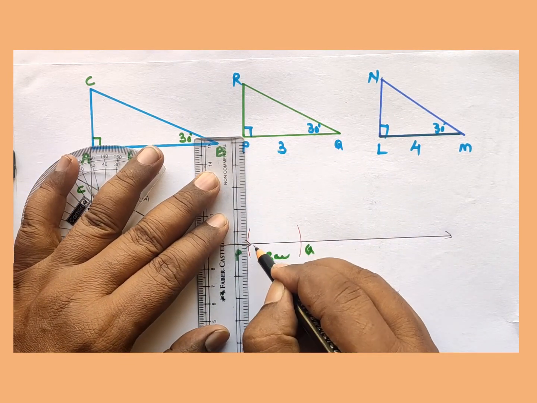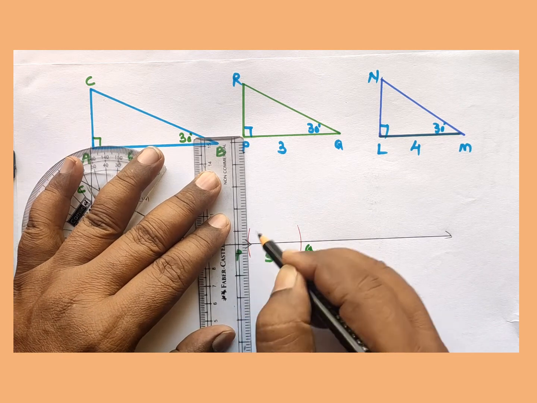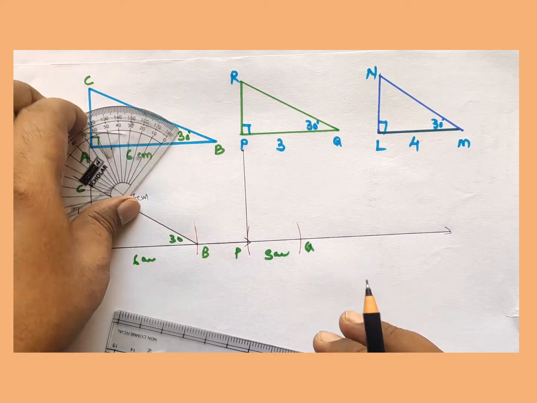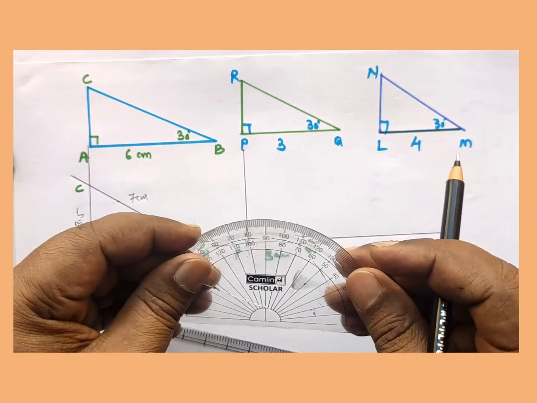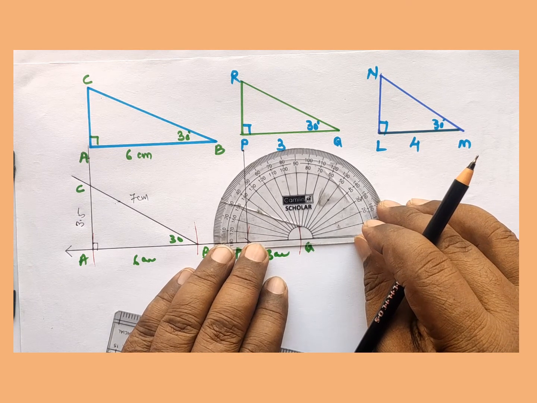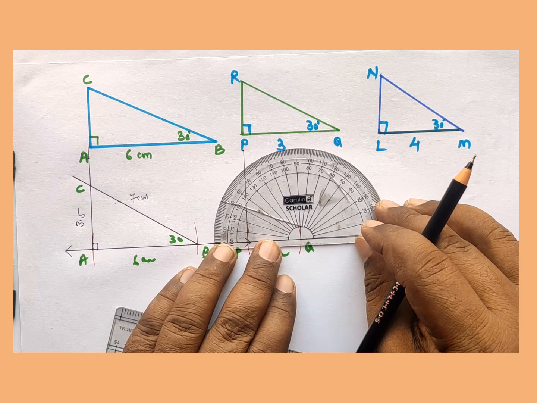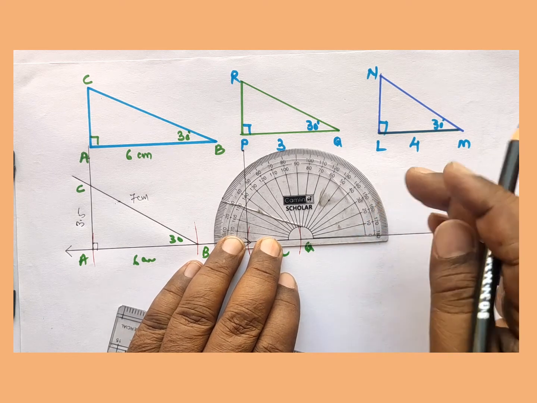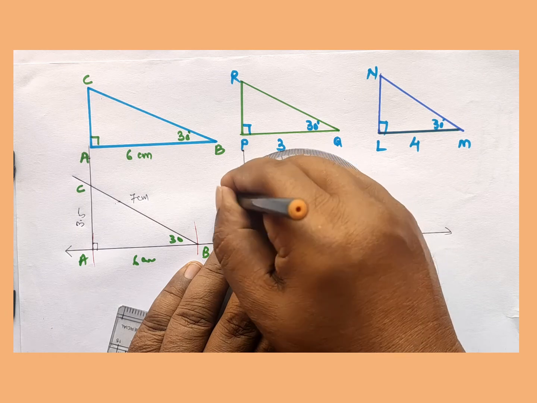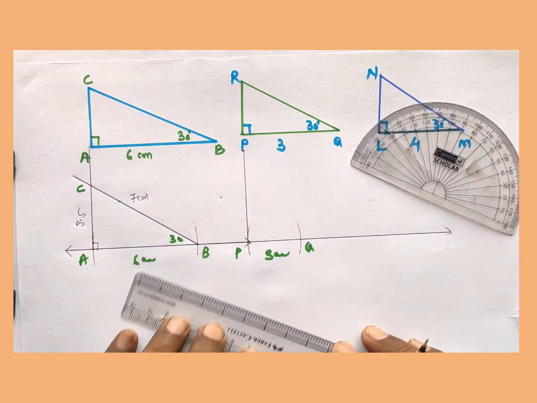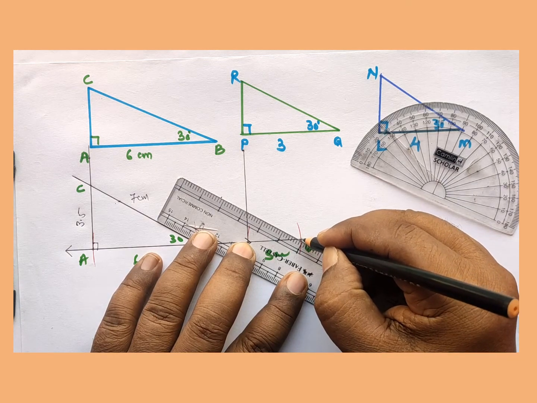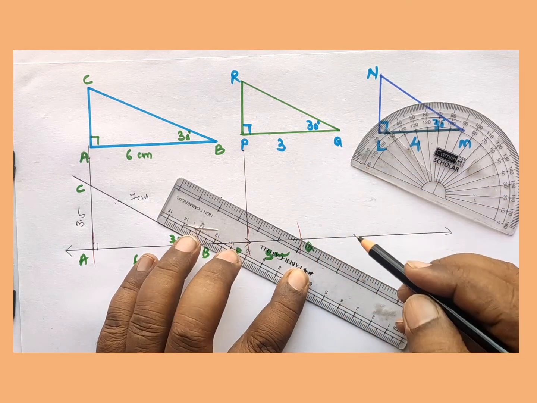When you do this construction in your notebook, you have to be very precise about the points you are getting. That will help you give the exact length of the segments, and that will help you derive the formula very firmly and nicely. Your result will be very nice at that time. And you'll also understand why this thing has happened if you counter check them. That's why I'm taking precautions and doing it.